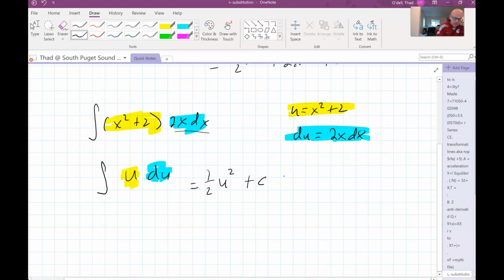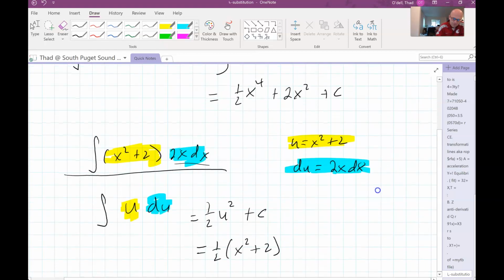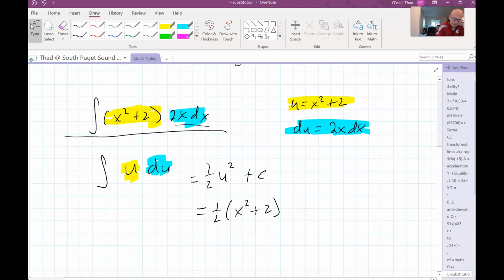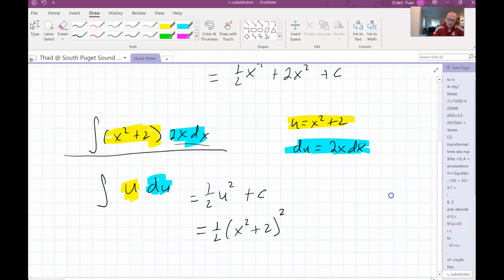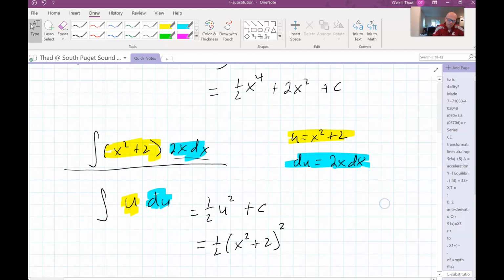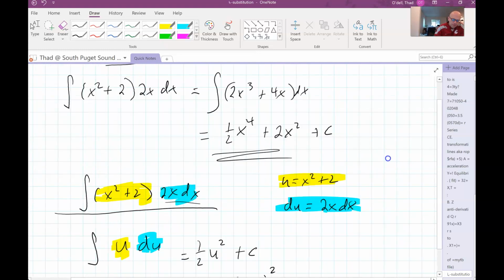But of course, the original equation was in terms of x, so we're going to have to go back and substitute back in. So this would be 1/2 times x squared plus 2, squared. And I know it doesn't look exactly the same, but you can see that if we multiplied x squared plus 2 out, squared out, and then distributed the 1/2, you would get that same expression up there. Okay, so now, of course, this would be easier to do that one,